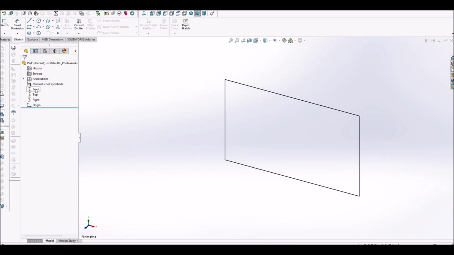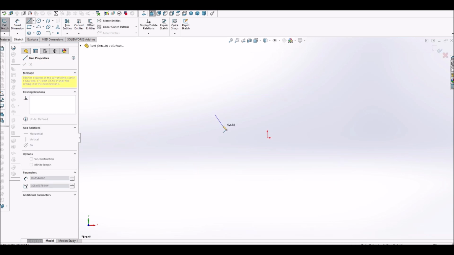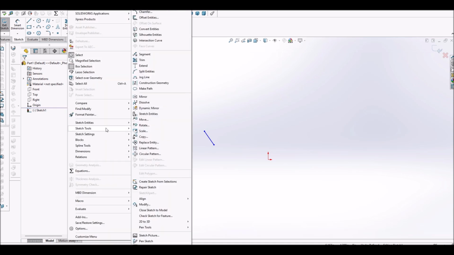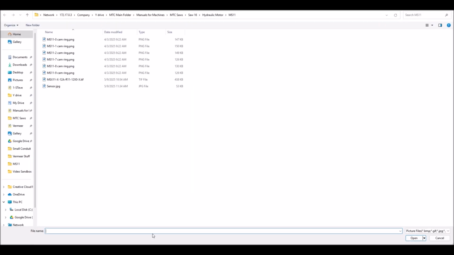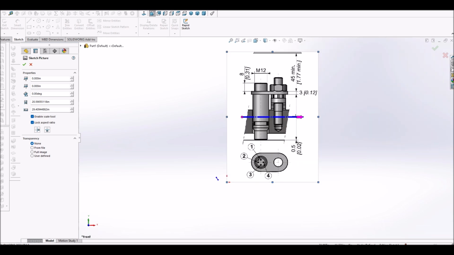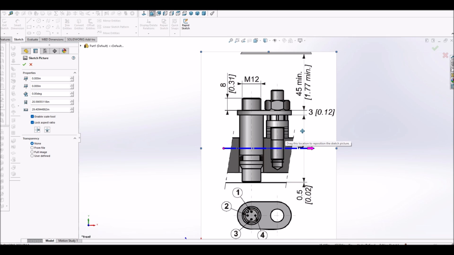You're like, okay, I'm going to make a new sketch here, but I want to trace an image from a PDF or something, photograph, whatever, and so put a line on a new sketch. Okay, go in here, sketch tools, sketch picture, and I'm just going to get that sensor. That was a snip. I just did a snip using the Windows snipping tool on a small area of a PDF from the manufacturer. So now I'm going to get to the main part of this